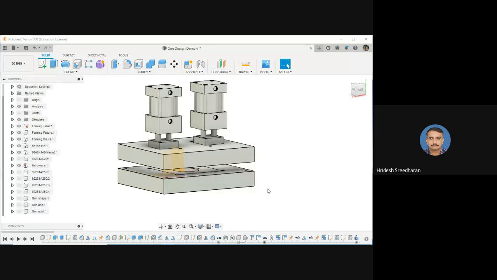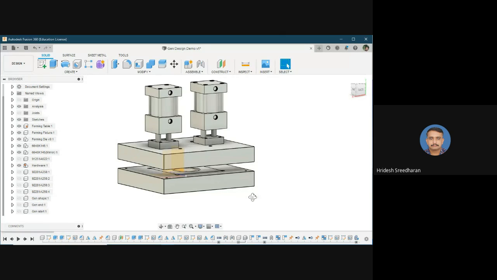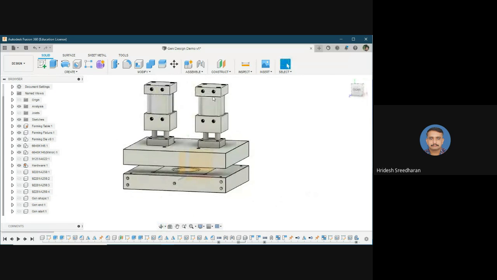So we have to design a fixture. The problem is to design a fixture which can hold these two cylinders. So there are four provisions for screws in one cylinder and four in another cylinder. And there are provisions for this screwing at the bottom part of the fixture table. So we need a fixture which can hold these pneumatic cylinders tightly to this bottom table. So